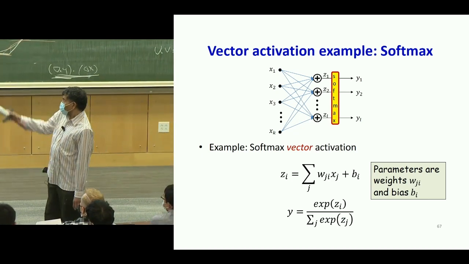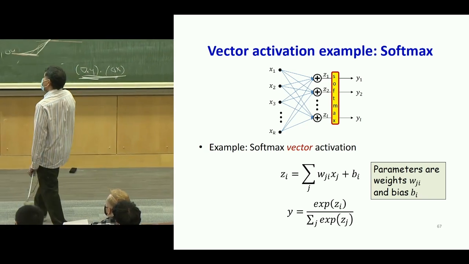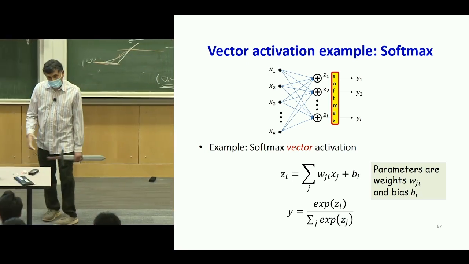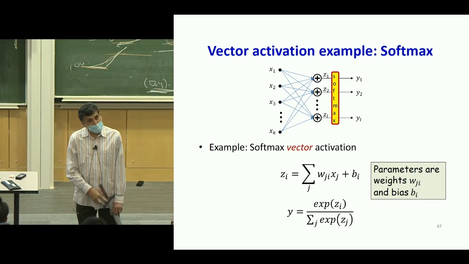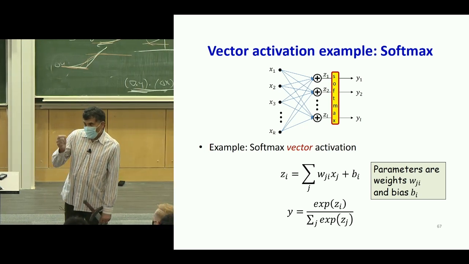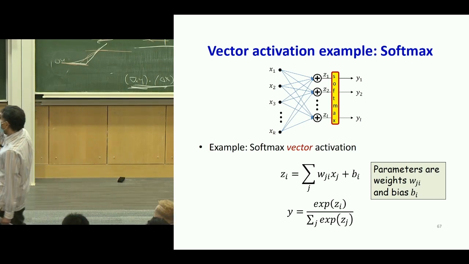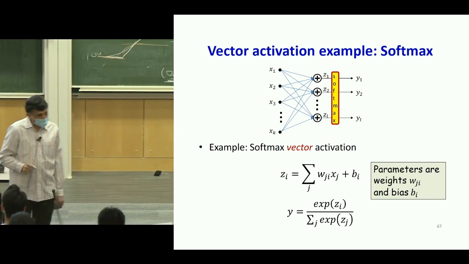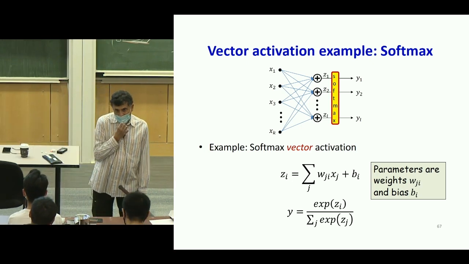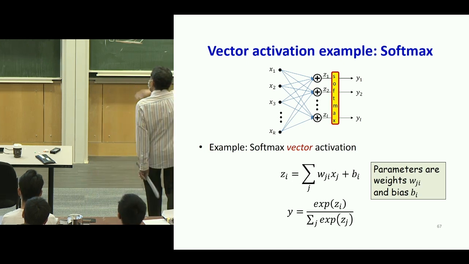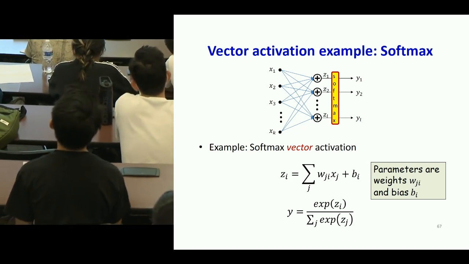Now, it takes a bunch of inputs, say k inputs, but it does the computation in 2 steps. First, say it's producing L outputs. It is going to compute L independent affine functions of the input. And then, after computing L independent affine functions of the input, it exponentiates each of these affine values, but then normalizes them to sum to 1. Now, there's a critical difference between an activation function of this kind, which has many outputs,